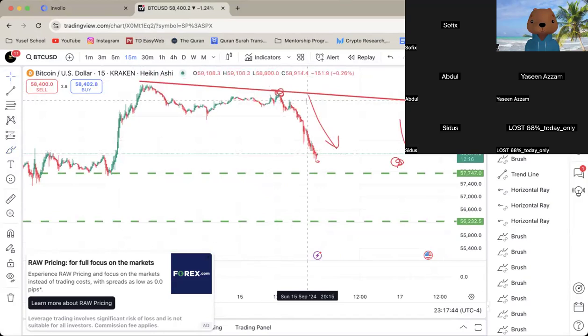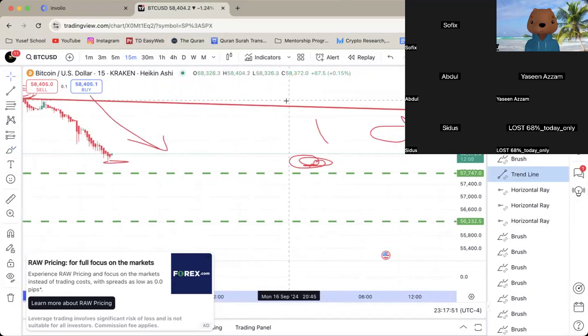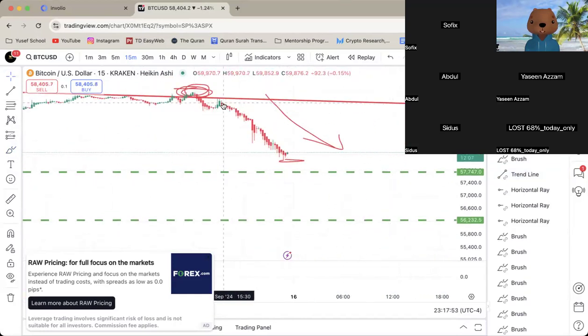Let's bring this line back down here just to respect the bounce level. You've got 1, 2, 3, 4, 5, 6, 7, 8, 9, 10, 11, 12, 13, 14, 18, 19, 20, 21, 22, 23, 24, 25, 26, 27, 28, 29, 30, 31. So around 30 to 32,